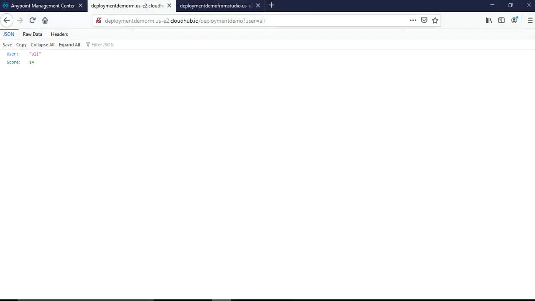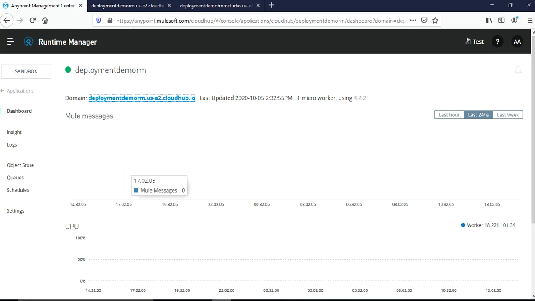So this is how we do the deployment of our applications which are implemented in Anypoint Studio to the CloudHub. And I did not cover the continuous integration, continuous deployment things in this video. That's a bit of an advanced topic which will be covered in the future in another separate video. But I hope that the basic concept of deploying your applications, exporting the application from your Anypoint Studio and deploying it through the runtime manager or deploying it directly from Anypoint Studio is clear to you.